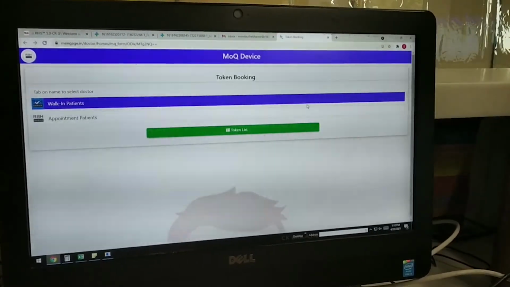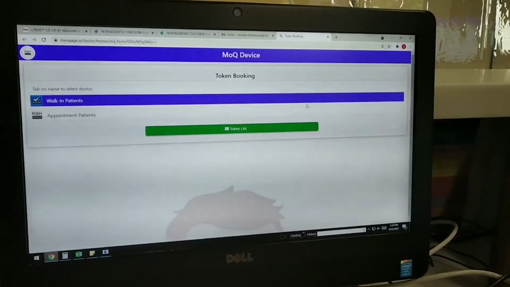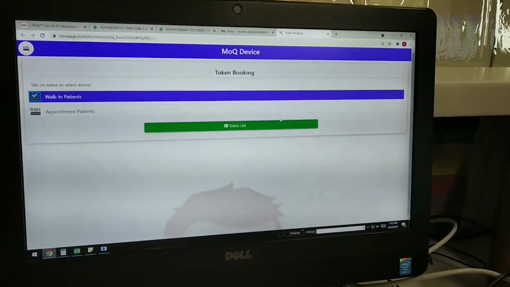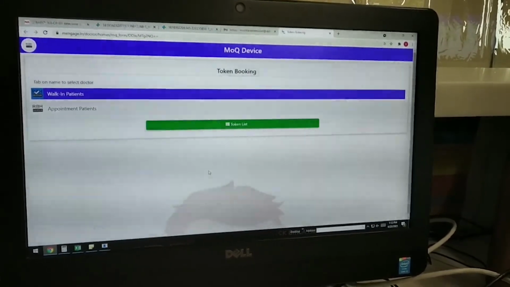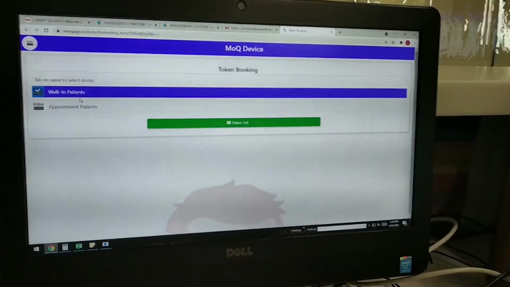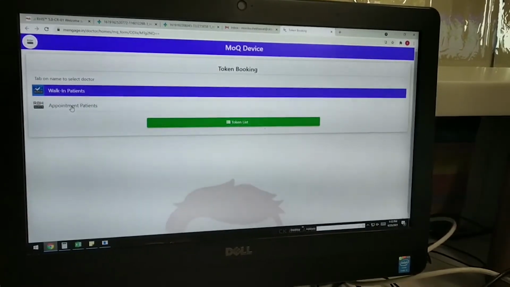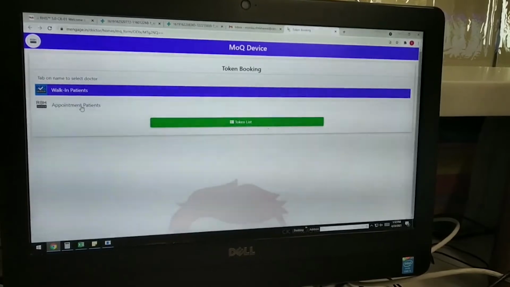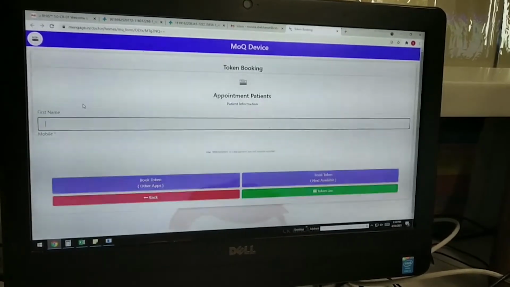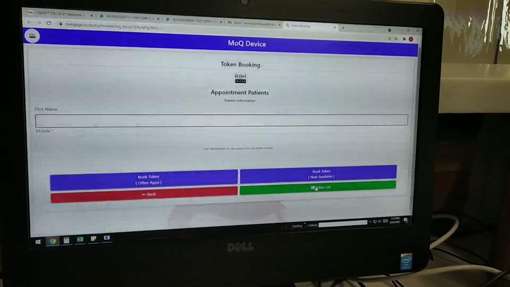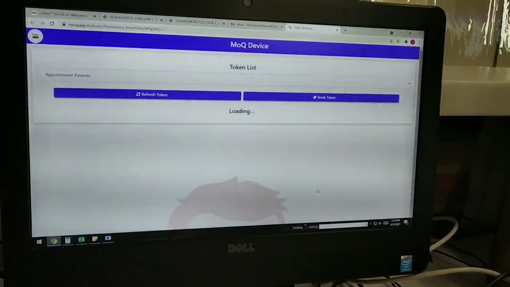This will be the screen displayed in the reception area. My token number is A1, so I can show you how they will operate it. There are two categories, walk-in patients and appointment patients, and mine was the appointment patient category, so I'll click it at the reception area. The token list is like that.